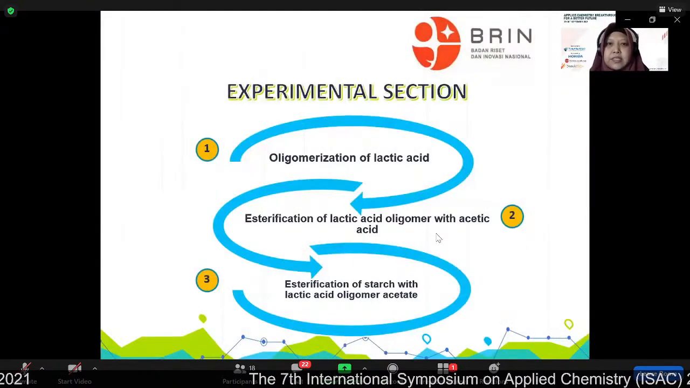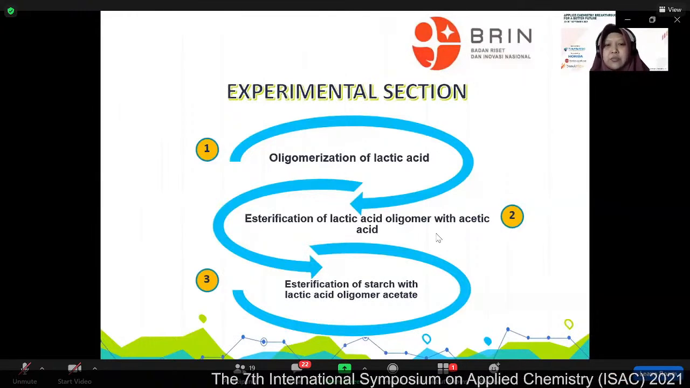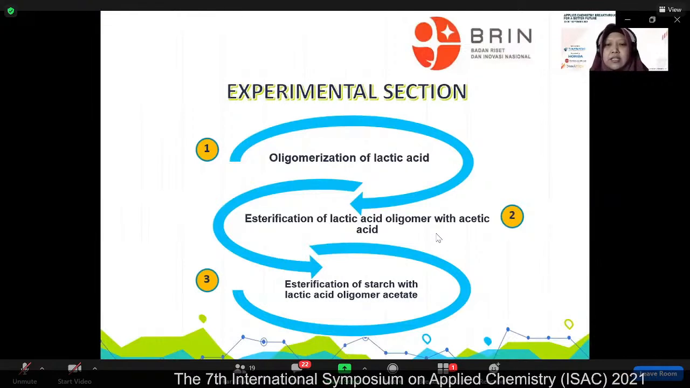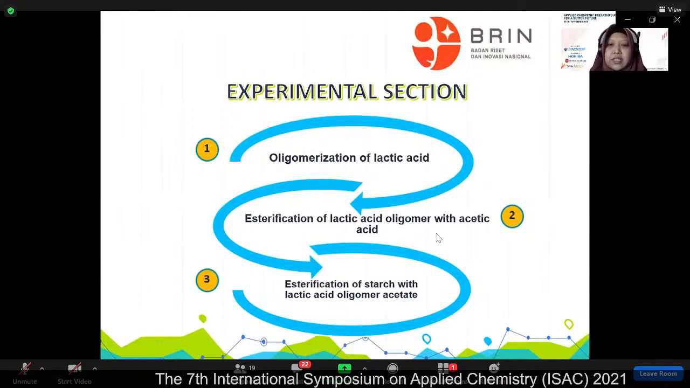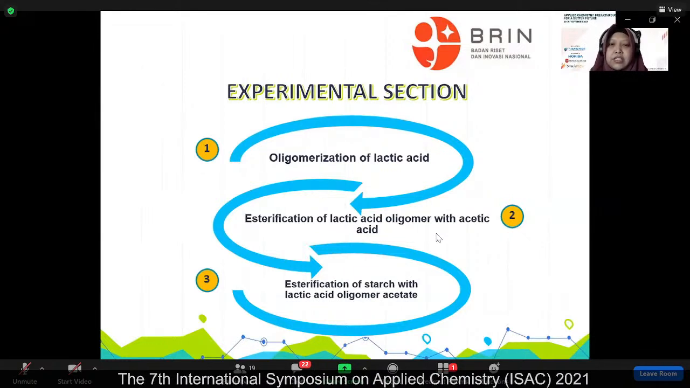The next is the experimental section. The method consists of a three-step reaction. Step 1 is oligomerization of lactic acid, the second step is esterification of lactic acid oligomer with acetic acid, and the third is esterification of starch